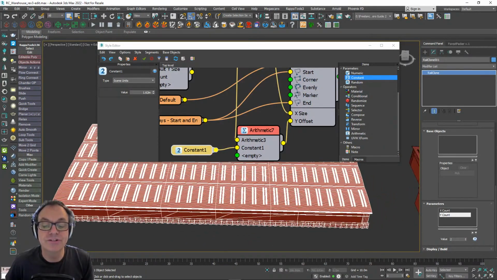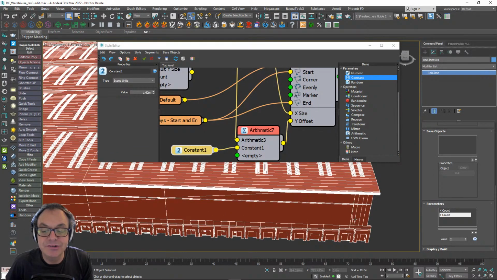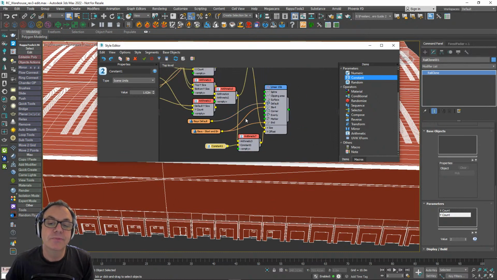So that's all pretty good so far, except for the fact that it extends right to the edges of the building, and we want it to finish about here. So what I'll do there, again, this distance is never going to change, so I don't need to kind of create a parameter or anything for it.